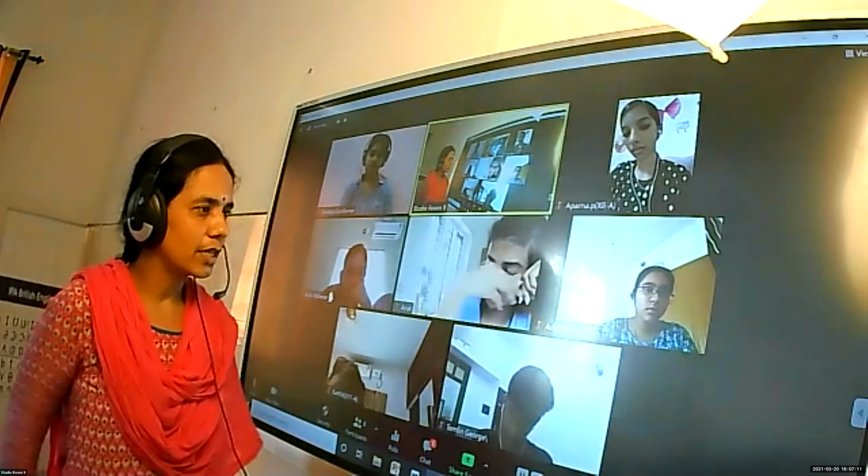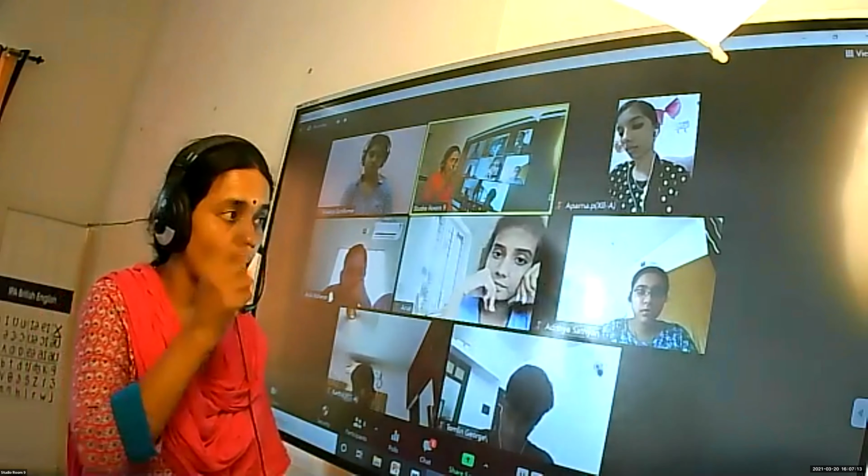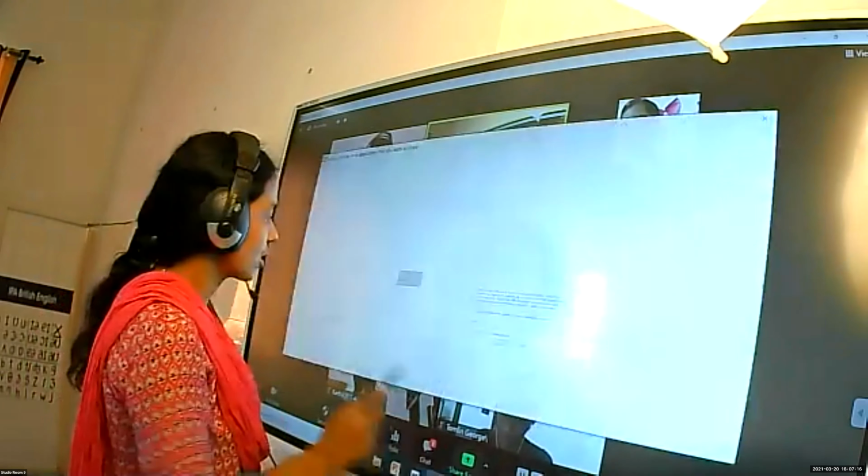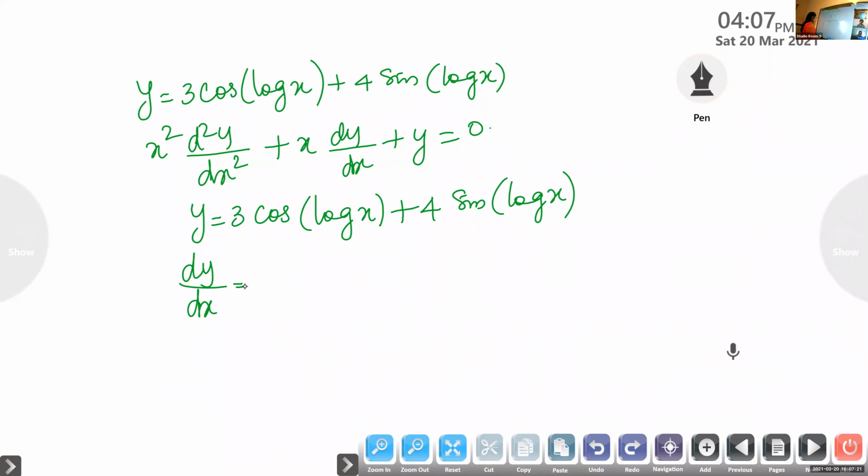Okay. Now look at here. Instead of cos x, it is there cos of log x. Function of function rule. So what is derivative here? 3 into, what is derivative of cos x? Derivative of cos x is minus sine of log x. It is not over. Instead of x, what we have, that one we should differentiate into, what is derivative of log x? 1 by x. In the place of x, what is the function we have? That one we should differentiate. Yes or no? This model we have learned earlier also.